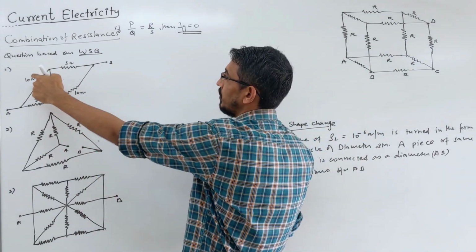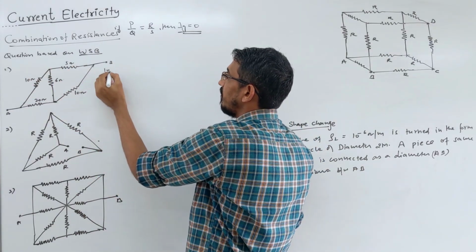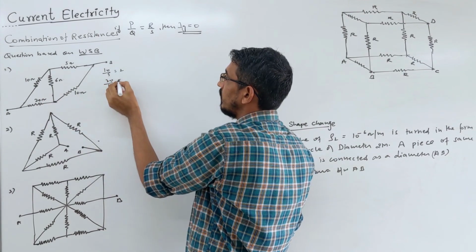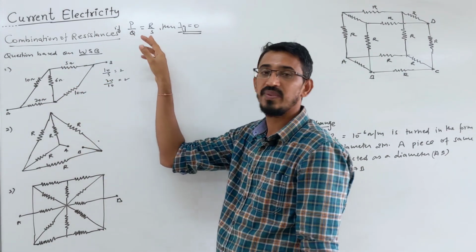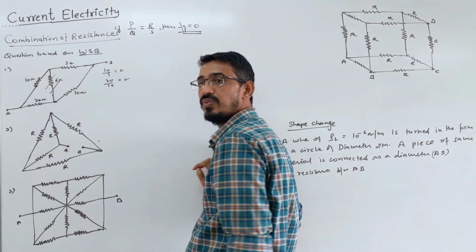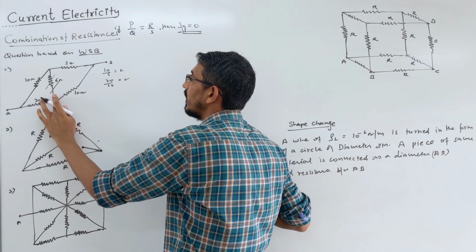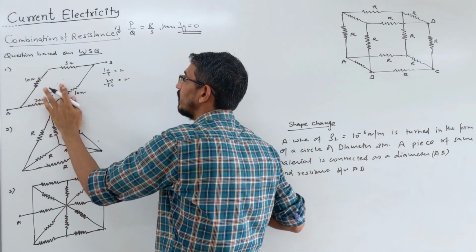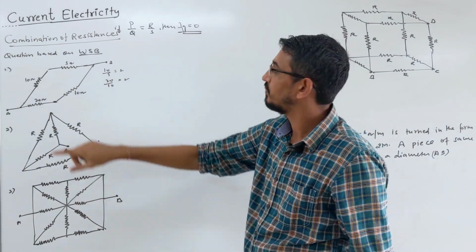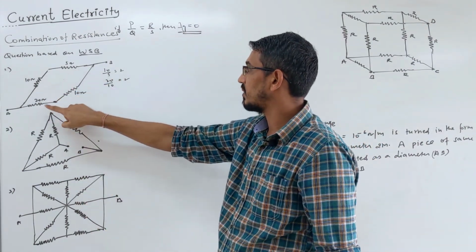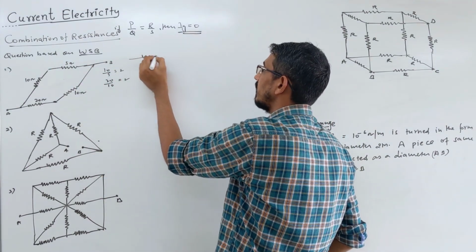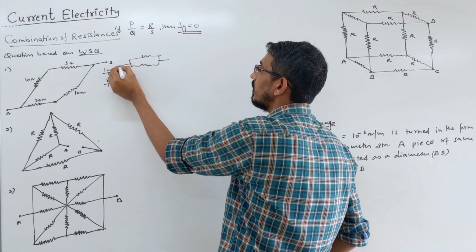Now watch carefully the ratio: 10 by 5 is 2, and 20 by 10 is also 2. It means this condition is satisfied, right? Satisfied means no current flows through this branch, correct? So this whole branch itself we remove from here. No current flowing, so that resistance you can remove from the circuit. Now this looks very simple. 10 and 5 are in series, 20 and 10 are in series, then they are in parallel. So this circuit is equivalent to simply this.